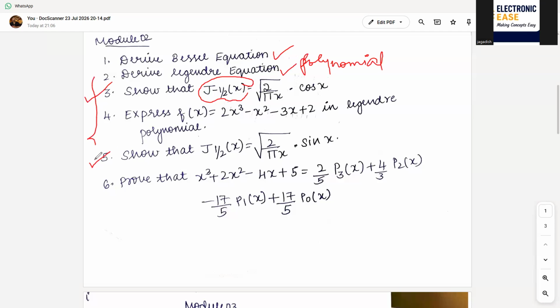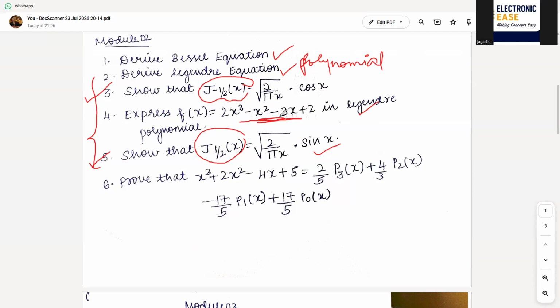This is a very standard question, the third and fifth question. Both can be asked or any one question will definitely be there. That is J of minus half of x, which is equivalent to root of 2 by pi x into cos x, or J half of x is equal to root of 2 by pi x into sin x. So this will be there. And then express f of x: they will give you one polynomial and tell you to express it in the form of